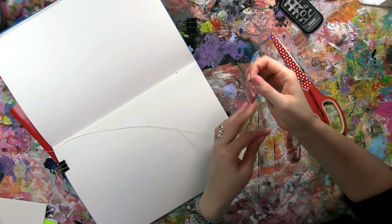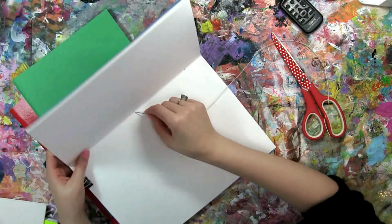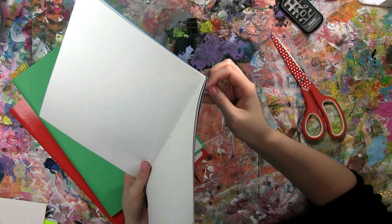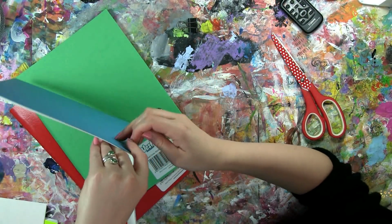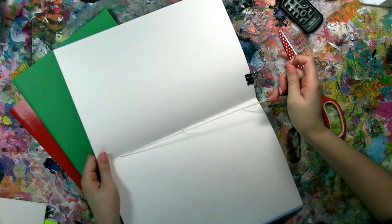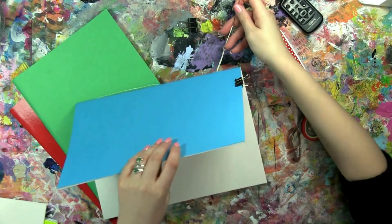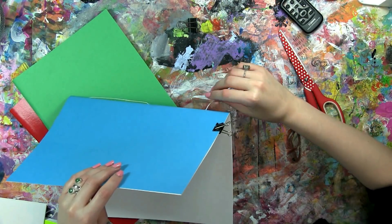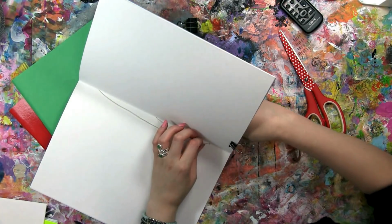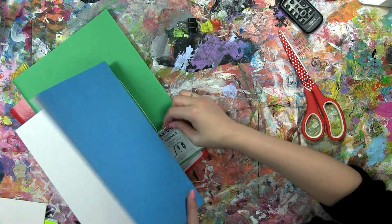So grab your thread and push it through your needle, and starting in the middle, take it through, and then you want to go through one of the ends, miss the middle one, go right across the top to the one on the other end, because this waxed linen thread is sticking together and I need to, there we go, pull the end through, and then go back into the centre